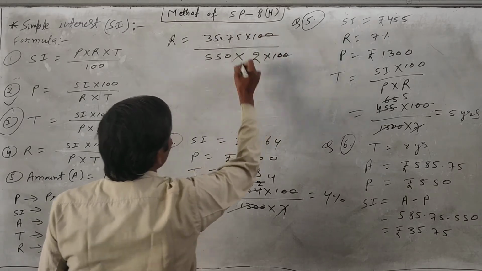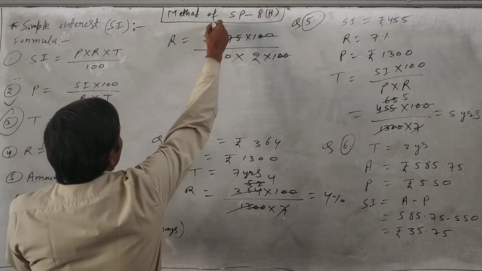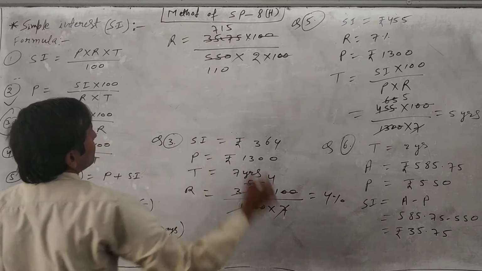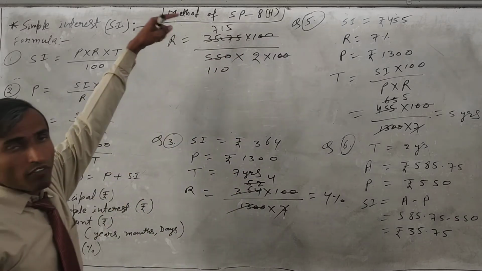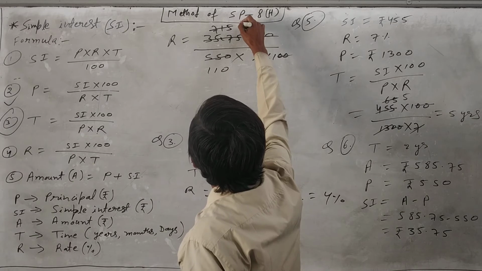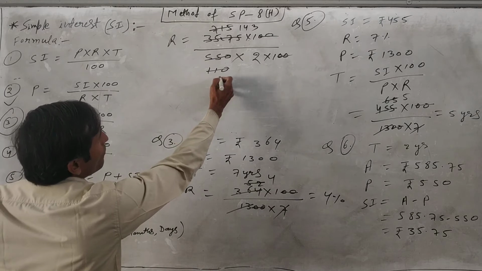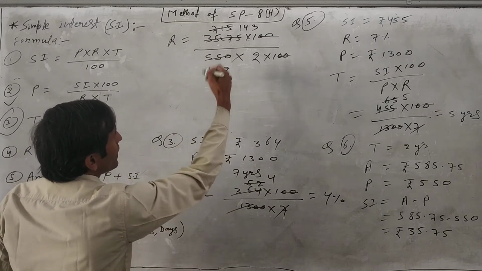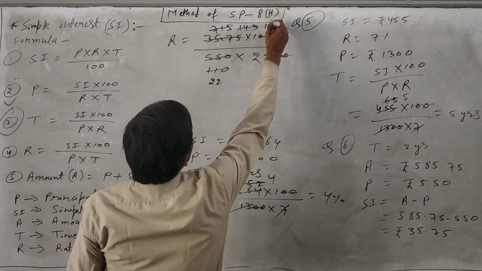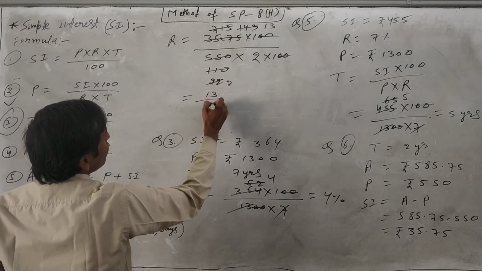So 2 0 will cancel out. After then by 5 table we can cancel out by this one. So 7 5 ja and this one 15 ja. After then 11 5 ja. So again we can cancel by 5 table. This one also and this one also. So it will come 1 4 3 and it will come here by 22. Now you can cancel by 11 table. So it will cancel by 1 and 3. Now it will cancel by 2. So it will come 13 upon 4%.